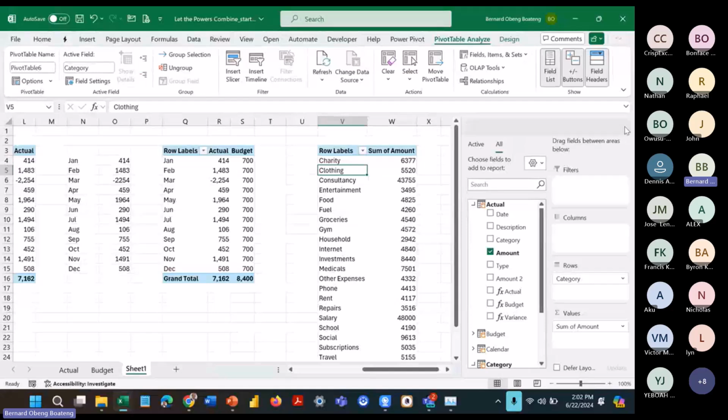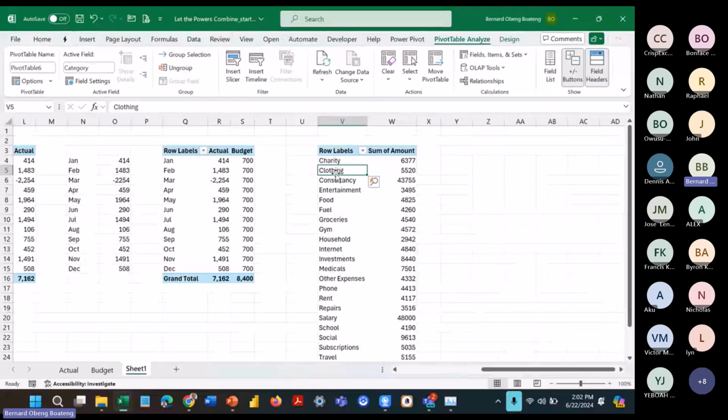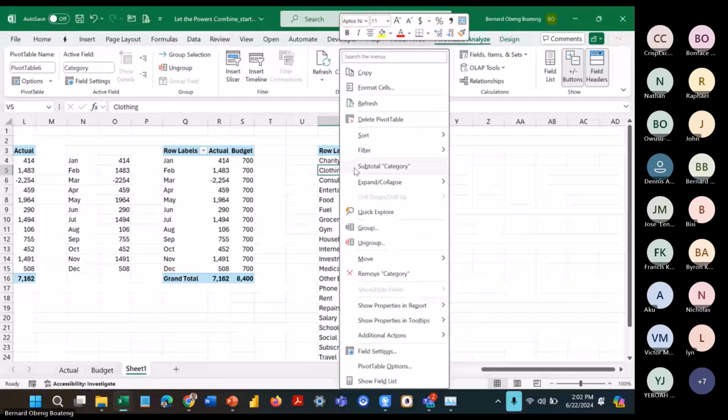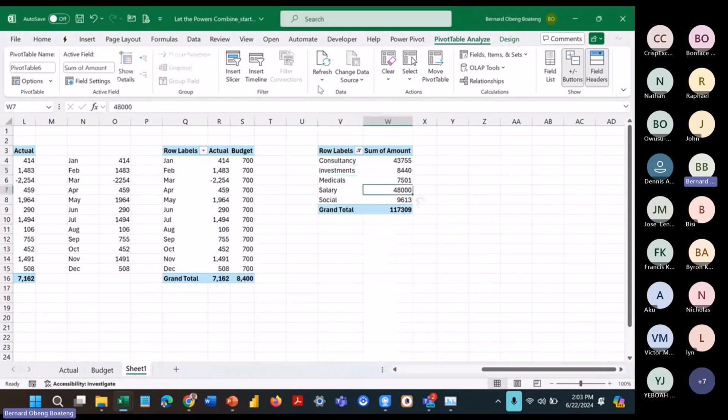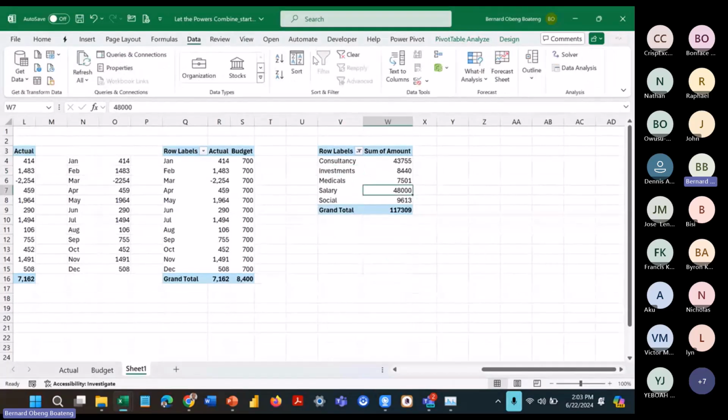To get the top 5, we basically would right click any label here, and then filter top 10, and then I would edit this to 5, and I have something like this. So if I sort this, you notice that I have my top income lines followed by my expense lines. There are several ways to do this, but for the purposes of that, when we slice,